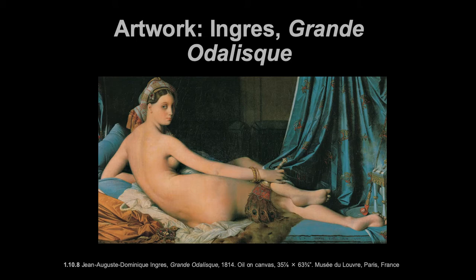I'm sorry. So Ingres here has the Grand Odalisque, 1814. Now there were nudes before his time. And we have a little side note in the textbook on page 179 for the Venus of Urbino. It's a Titian painting in the Renaissance, 1538. So there's precursors, and we know from Botticelli's Venus, also earlier than that, there were nudes. But in Odalisque, a particular form like this, the woman's posed in a particular way, and then she's also what they would have called back then sort of orientalized,